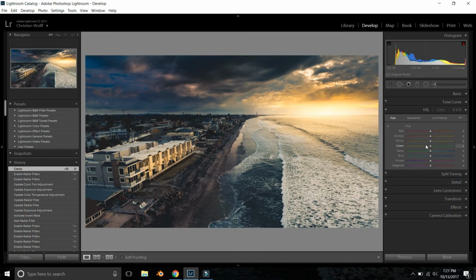Okay, now the next part we come to is hue. This one really helps with trying to get the hue of the blues to whatever you want it to be. So just do something like that, and this is again, guys, to taste. So something like that. You'll probably be able to see it a little bit better in the end, but for sure,